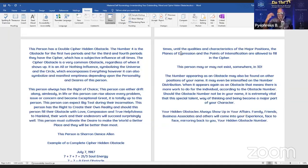journey, soul energy, soul urge, maybe your essence, some of these numbers take more control, or your planes of expression, or if you got 7's in your name, or 6 5's in your name, or 10 1's in your name. Those are the characteristics that come out more, because the cipher, just like I said,